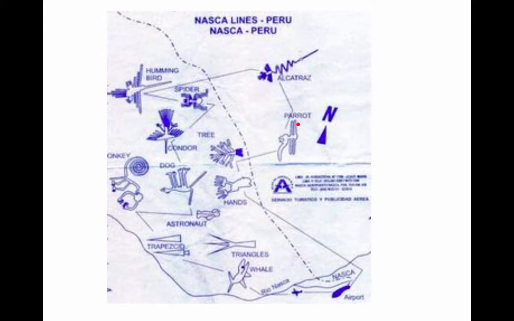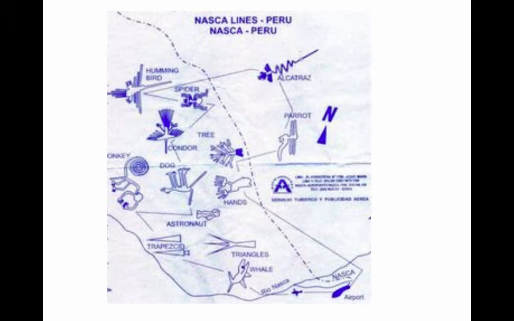are these images, like I said, that are drawn essentially in the sand by removing this top layer of the sand to reveal a lighter color underneath. And the only way you can really see them in their entirety is by flying over top. And so these were made hundreds of years ago. And so there's a lot of questions as to, why did they make them? The theories is that they are communications to their belief in their gods. But, again, that's not been fully confirmed.